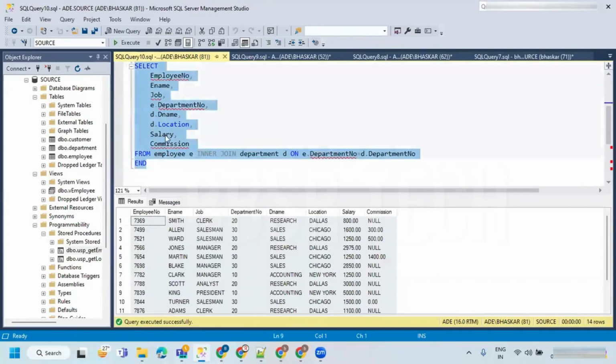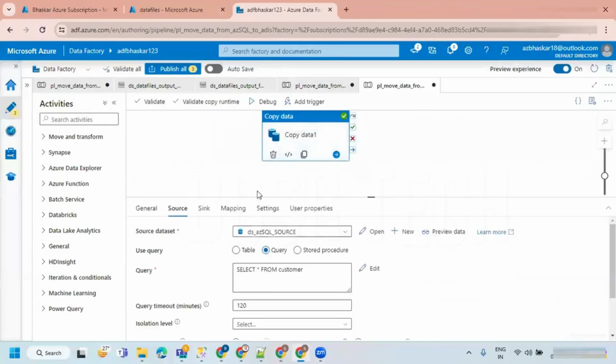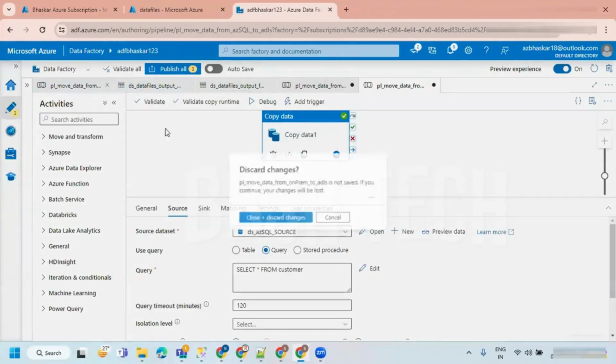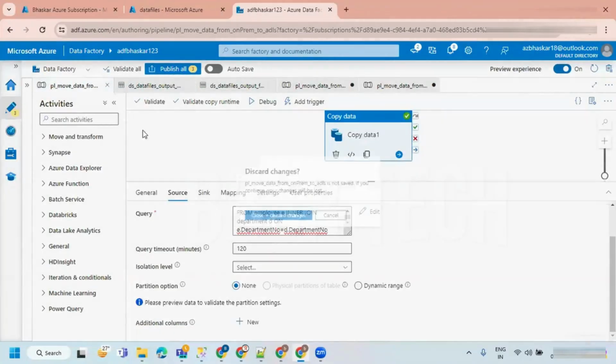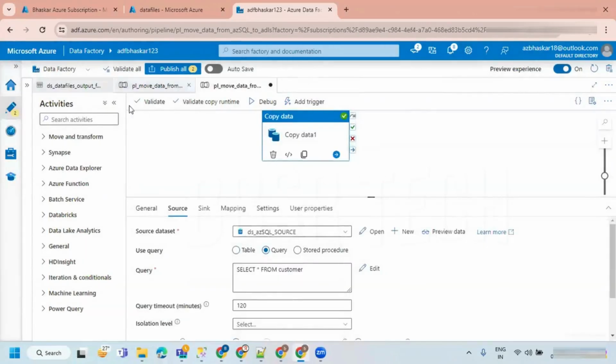Let's say, for example, if I go with this, let me close all of them and reopen one of them. Since it is already published, I don't need to make the change.